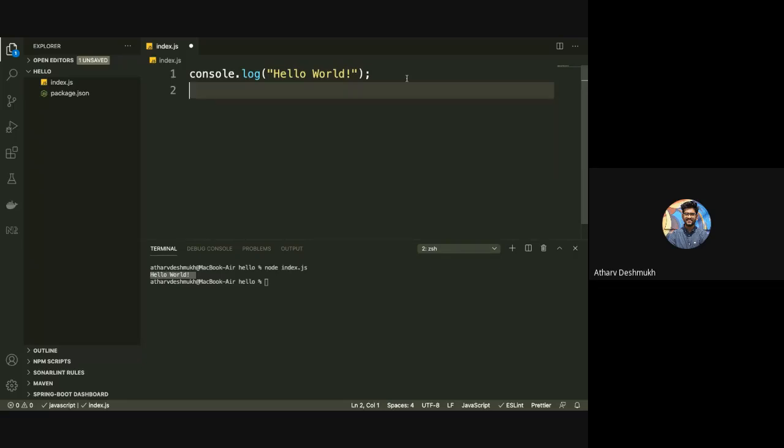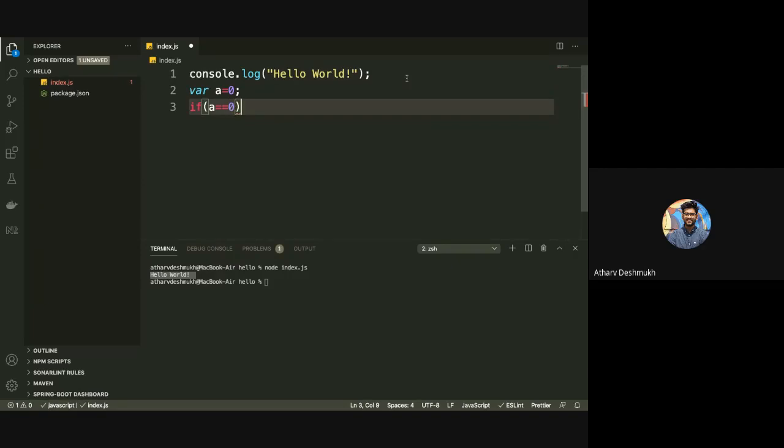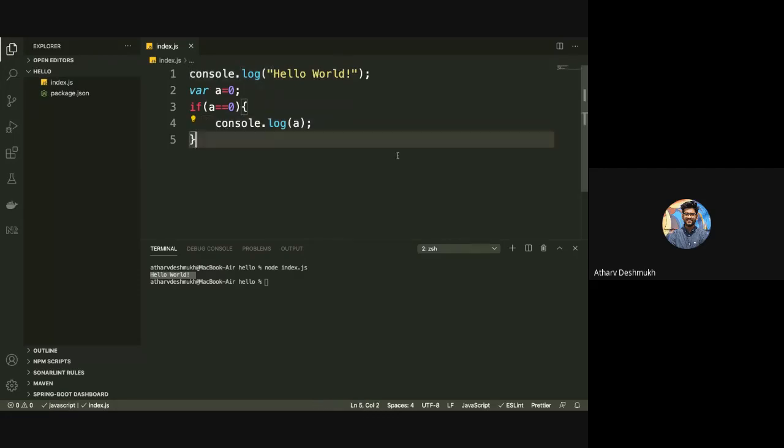Now I will be going for the if statement, say. I will create one variable named a, which I will initialize to 0. And now if a is equal to 0, then print a. Let's say console.log a. So now it should print hello world with console.log a.